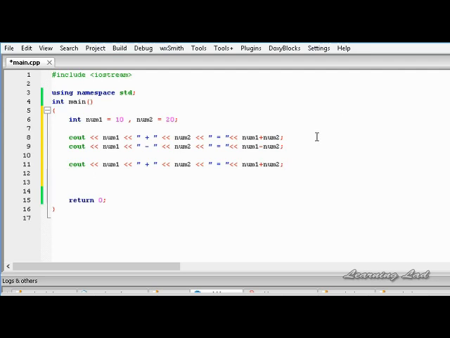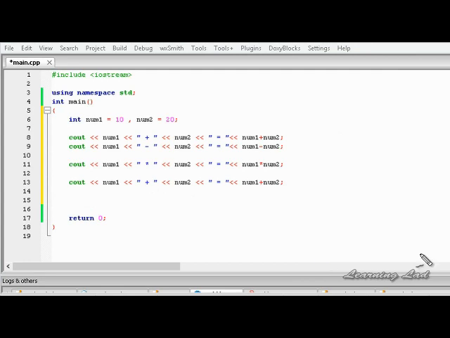And now we're going to do the multiplication, and to do multiplication we're going to use the multiplication operator, which is a star symbol, and I'm going to change this one to star here. And again it doesn't matter what we change here, it matters when we change that one here. And again I'm going to copy this and paste it in the next line, and this time we're going to do the division operation, and to do that we're going to use this symbol. Alright, so now I'm going to change this one to division here, and also we need to add a new line here just to make it pretty,